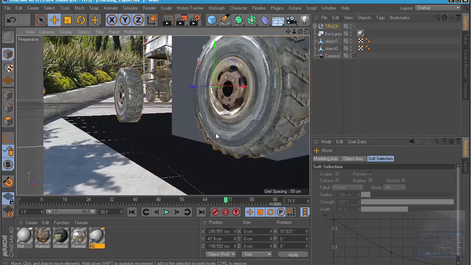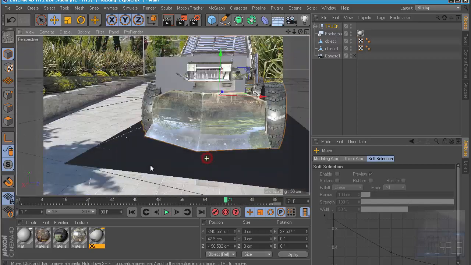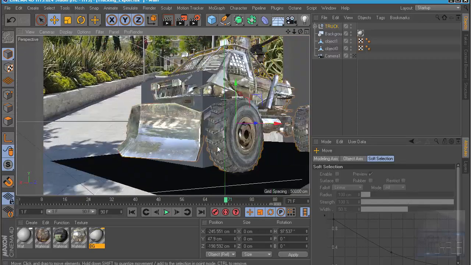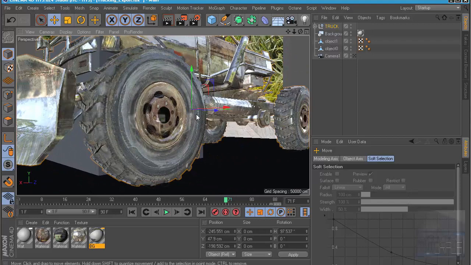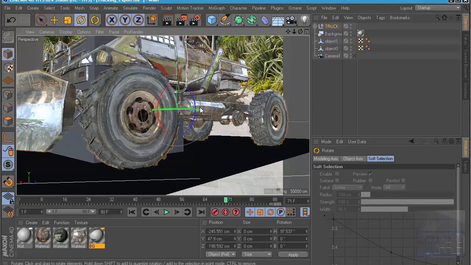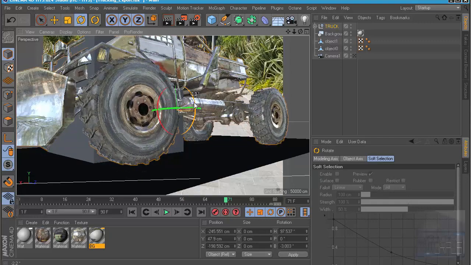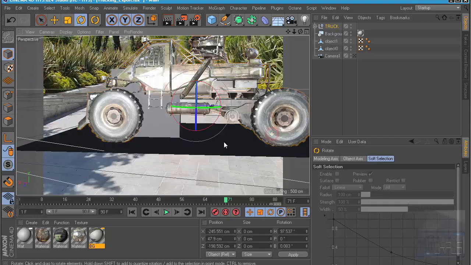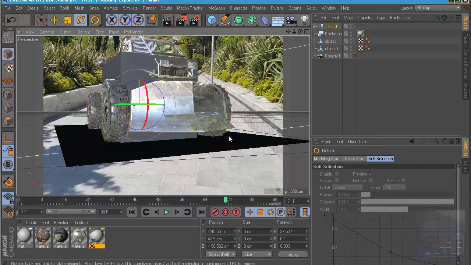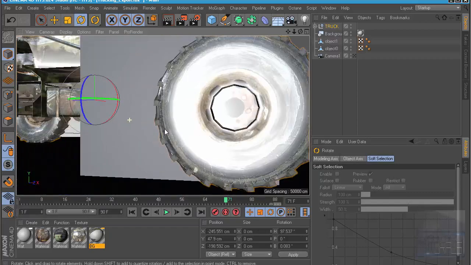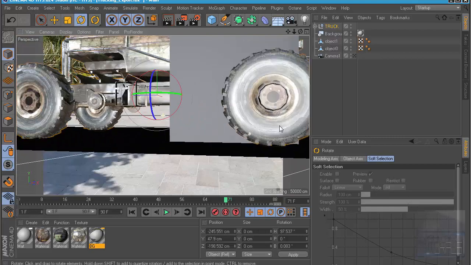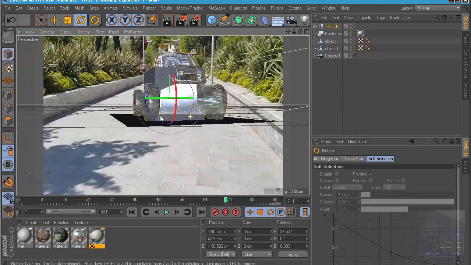It doesn't have to be perfect. Rotate just a little bit, and yeah, I think that looks nice. Maybe very nice. Okay,